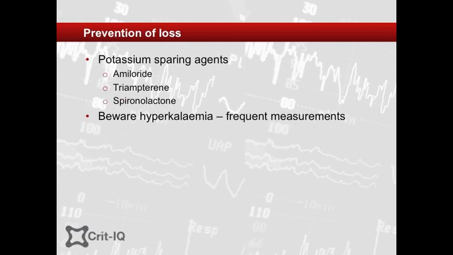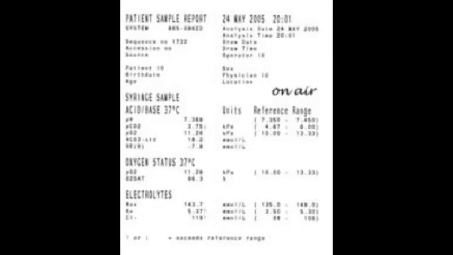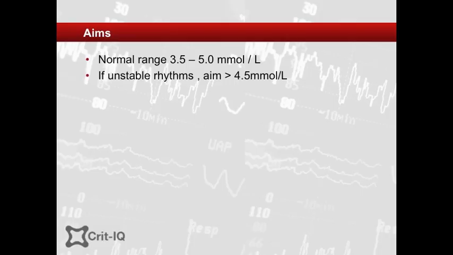In some conditions where renal potassium wasting is the cause and is ongoing, potassium-sparing agents may be used. Amiloride, triamterene, and spironolactone are examples. The combination of potassium replacement and these drugs should only be used with close monitoring of potassium levels. In patients with cardiac instability or related arrhythmias, a target level of 4.0 to 4.5 millimoles per litre is usually aimed for. In rare circumstances where hypokalemia is due to renal tubular acidosis, potassium acetate or citrate can be given, as the chloride form may